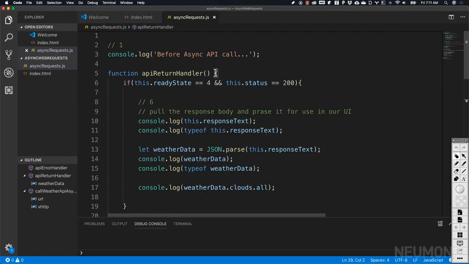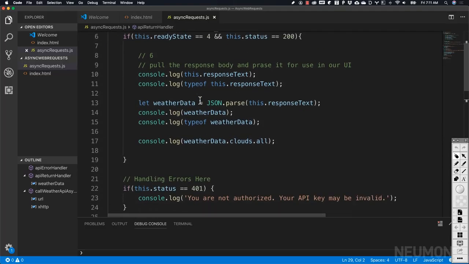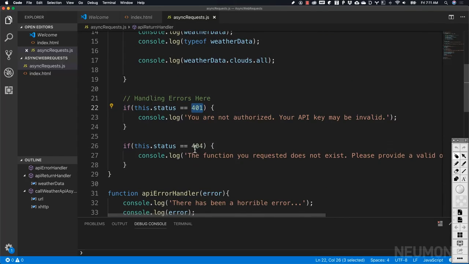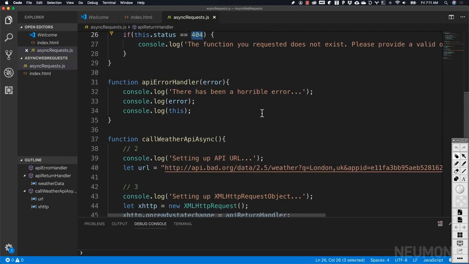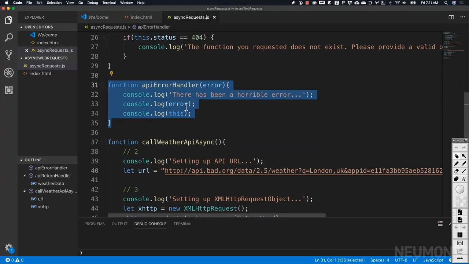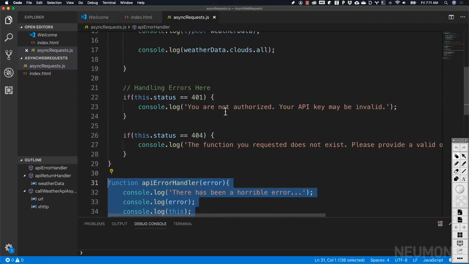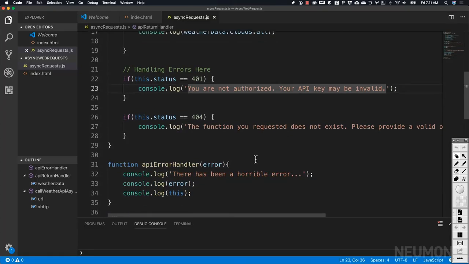Make sure that as you are building any widgets, a weather widget or any other type of widget that uses an API or a web service call, please make sure that you are handling error messages, especially the most common ones that can happen, and that would be the 401 unauthorized or the 404 not found, as well as errors that might happen if for some reason this web server goes down and the XML HTTP request object can never reach it. You need to make sure you're handling those exceptional cases using error handling, and that you are informing